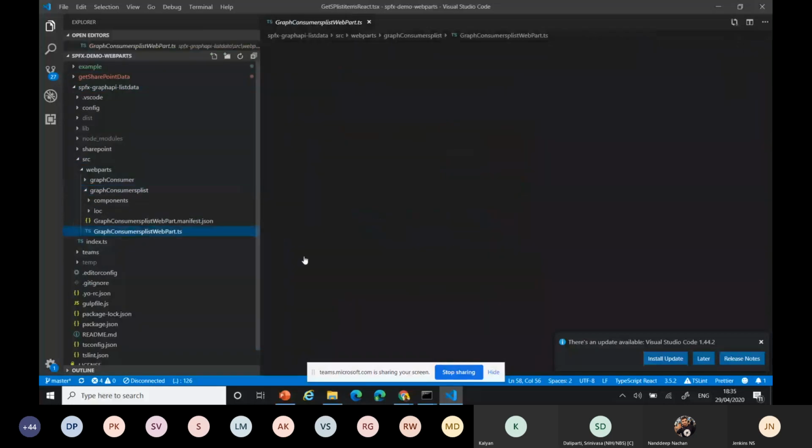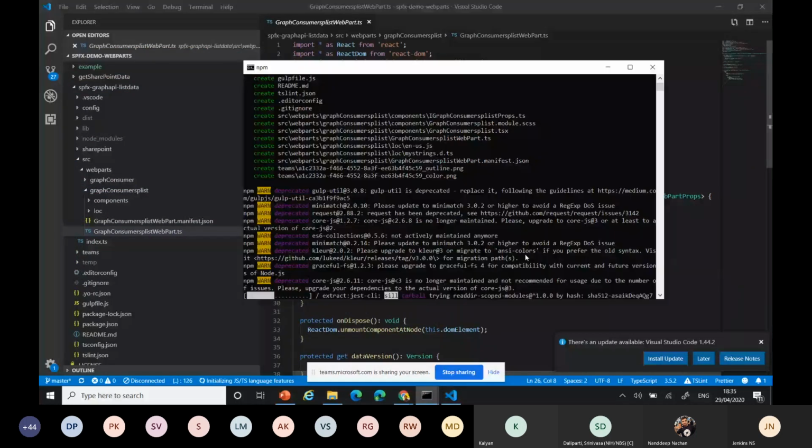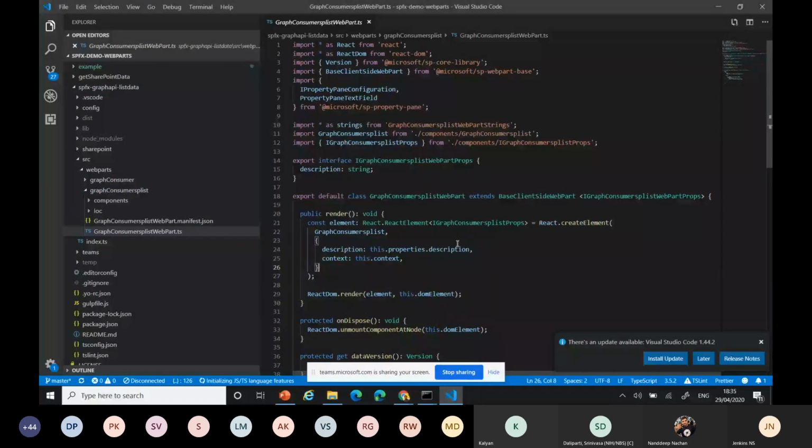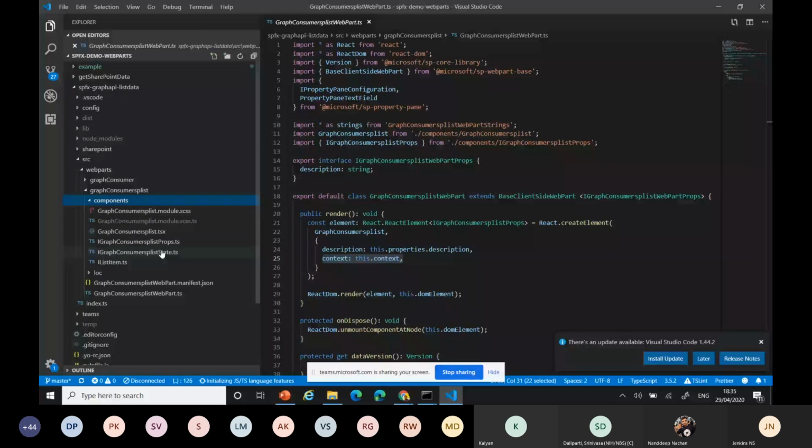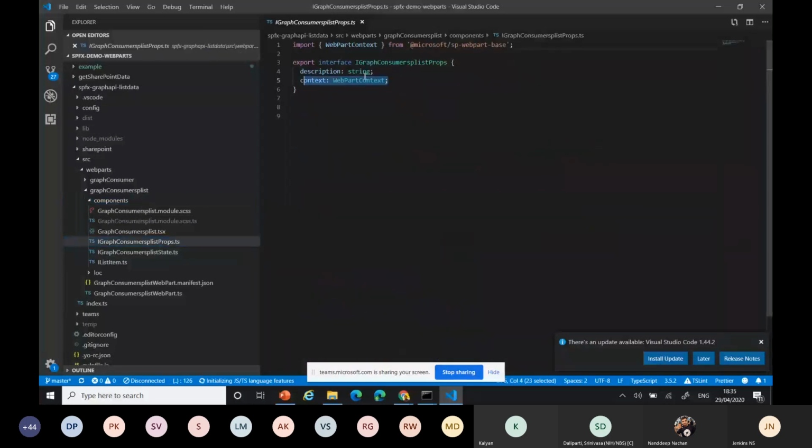Whenever the web part opens like this, we can get this stage. Anyway, it's creating. For the particular thing, I need a web part context. I'm using the context to get the list. For that, I can create a web part context here in my properties. I use the context from SP web part base and get the web part context. I get it for my JavaScript React component properties, and from there I can create two states. One is to get back my values in my array, and one is for the columns I want to bring. Two interfaces I created.